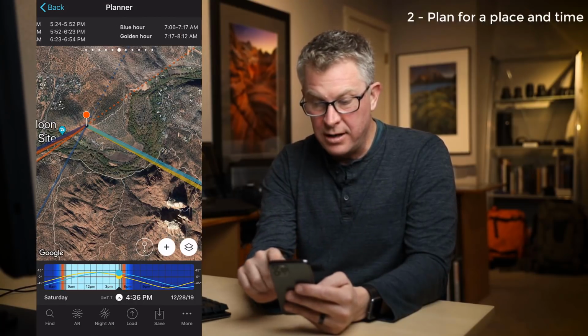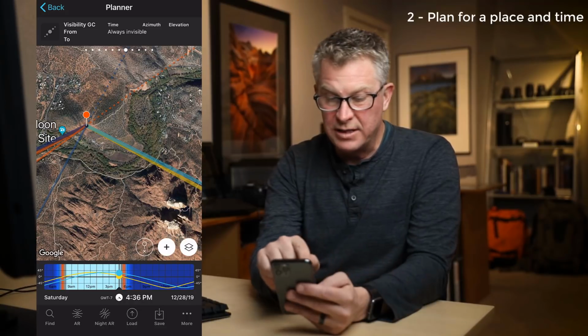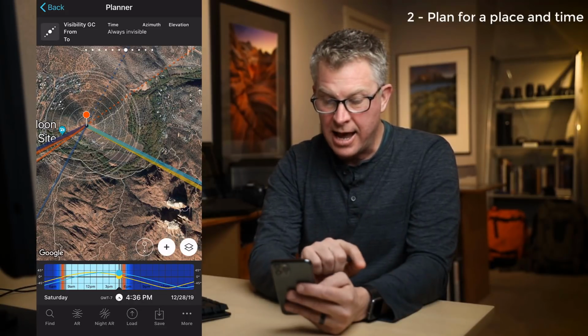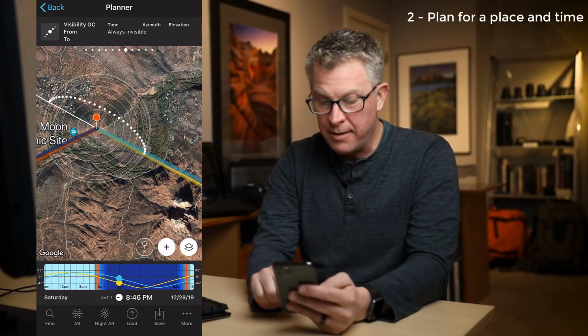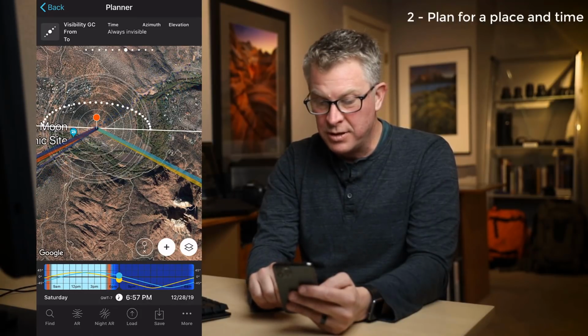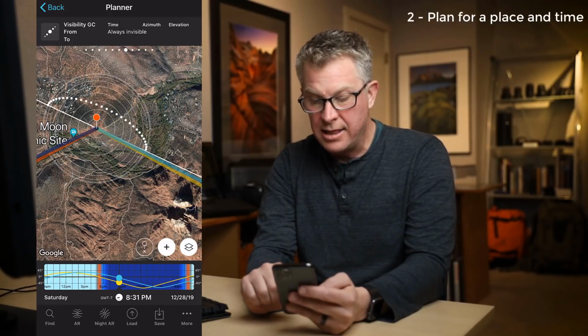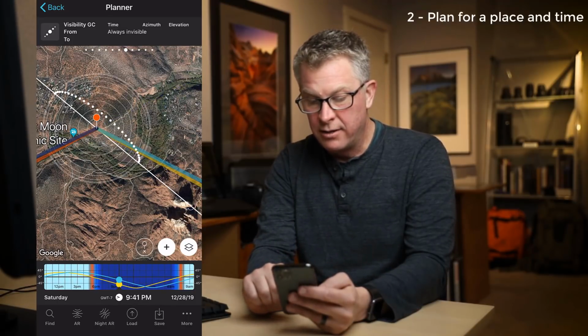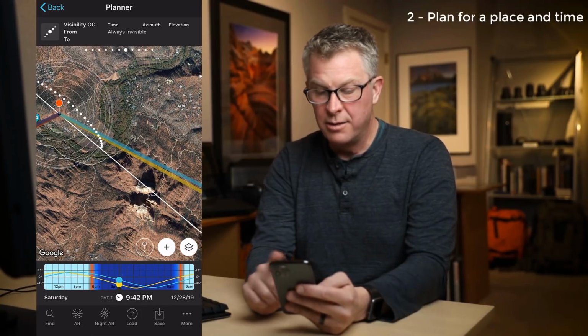And if I come over here to the galactic core visibility, I can click on that, and that'll bring up a visualization of the Milky Way. And what this is showing me is that the moon is going to set at around 8 o'clock at night, and then from that point, somewhere around 9:30, between 9:30 and 10 o'clock, the Milky Way, it won't have the